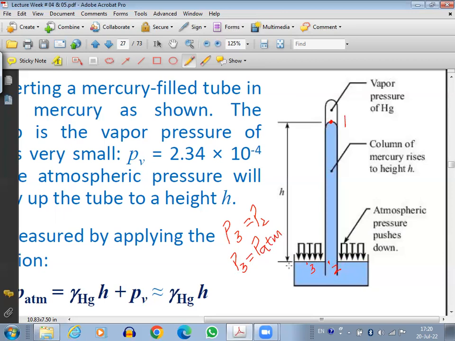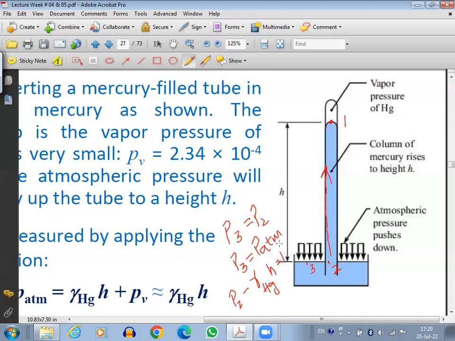From 2 to 1, I'm moving up, so starting from P2 it should be a negative sign: minus gamma of mercury times height